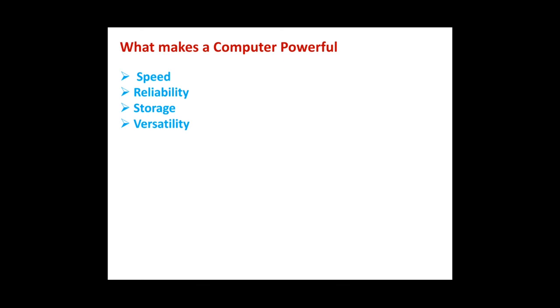Then is storage. A computer can store a large amount of data. Yes, as we discussed just now, it has a huge storage capacity, and we can even add additional storage devices to it. Okay, next we have versatility. Versatility means that it can do a variety of work, because we are using it now in every sphere of life, as we discussed at the start of the chapter, that we see computers at airports, at shops, at homes, and almost in every sphere of life. Then is accuracy. It gives correct results.